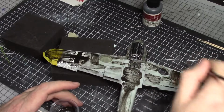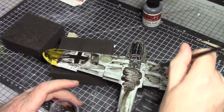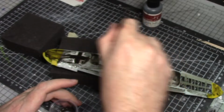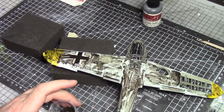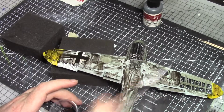But be a little careful here because I don't want to break any pieces off. This is why I haven't put the gear on either, because it could be a little bit rough. So just smearing it all on, covering everywhere, and that essentially is it. I'm just going to let this guy sit, as I mentioned, for 20 or 30 minutes, and we'll come back